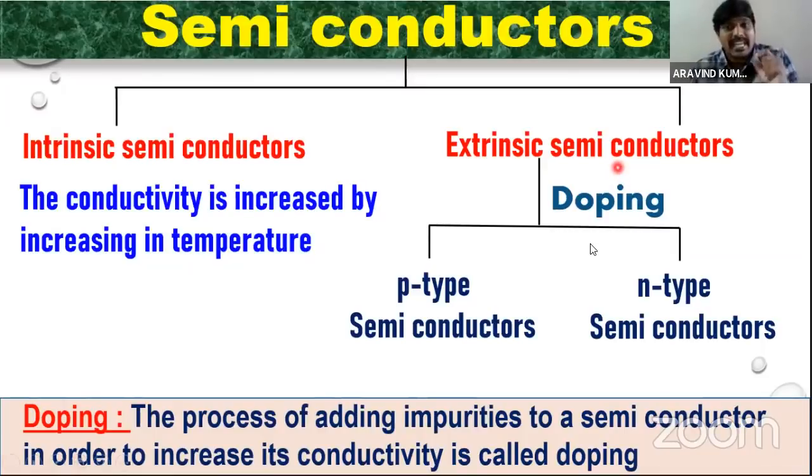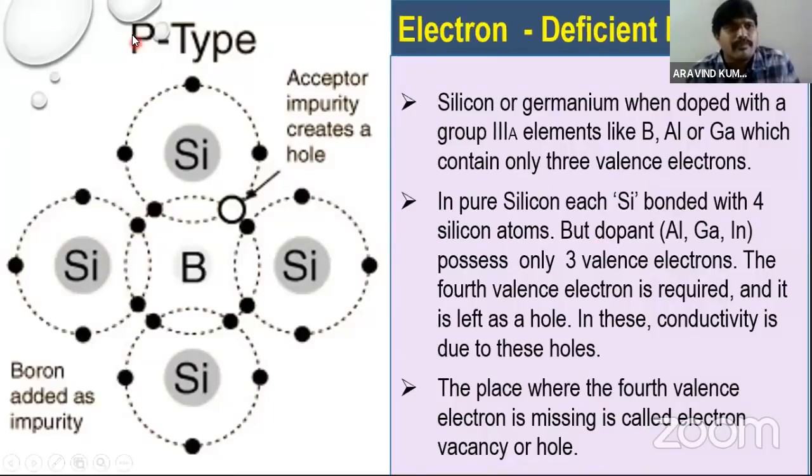Extrinsic semiconductor. In the extrinsic semiconductor, conductivity increases by addition of an external substance. That process is called doping. Just now I've explained to you: adding of an external impurity in order to increase the conductivity of semiconductors is called doping. Now, this doping is divided into two types, children. The first one is P type and the second one is N type. P stands for positive type, N stands for negative type. Let me go for this one, children. You are able to see a diagram. Okay. Now, P-type